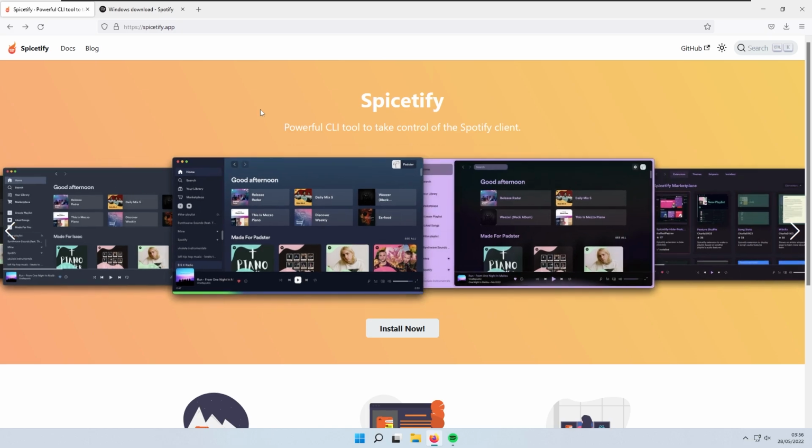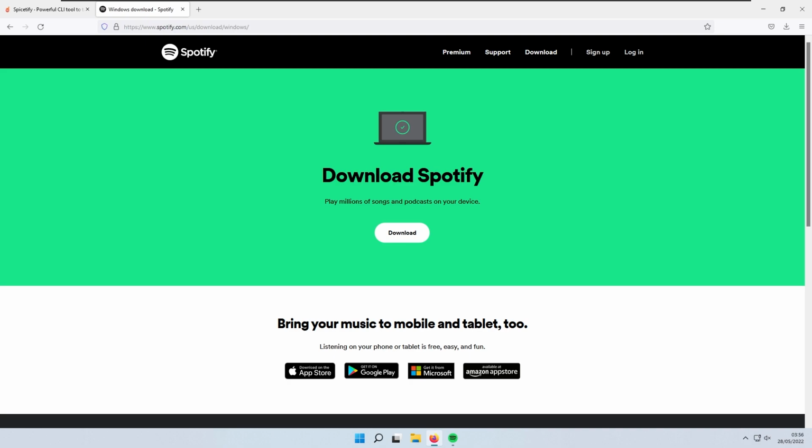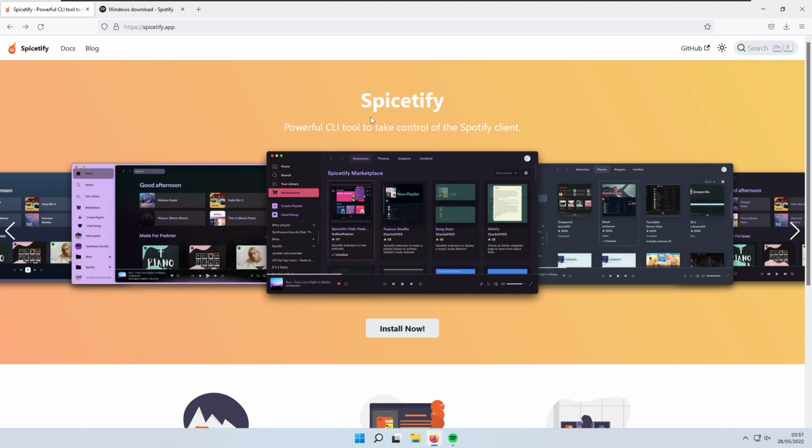and this one only works with the Spotify from their website. So if you have the Microsoft version of Spotify installed, make sure that you uninstall that beforehand and then install Spotify from their website by clicking this download button. So if you have that already, just like me, then you will go ahead to the spicetify website, which I